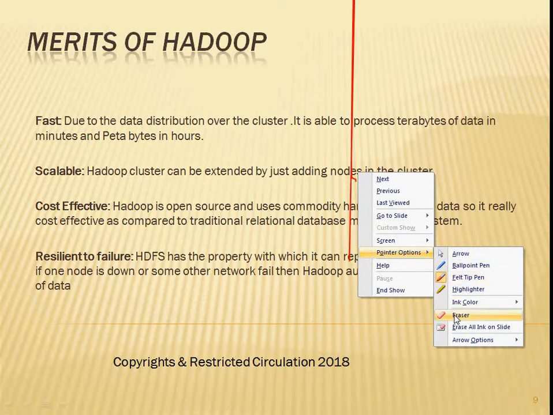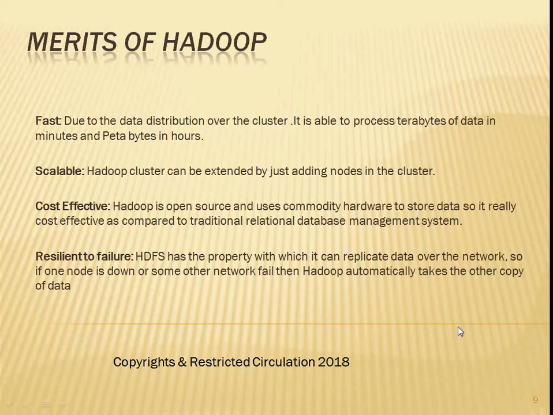Okay, so here we are saying that the possibility of losing data on HDFS, on Hadoop, will always remain low because it has a replication factor. I'll explain those concepts in our MapReduce operation, because this term is related to MapReduce. So you can just understand that we have this feature that failure of a node won't affect the performance of my system. Fine. So that is resilient to failure. Let's move ahead.